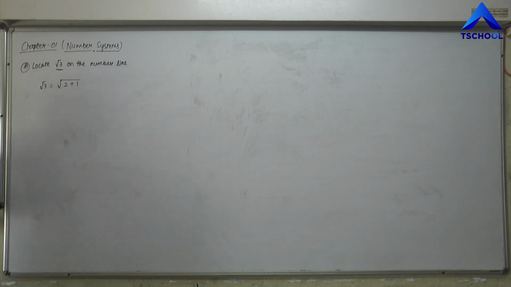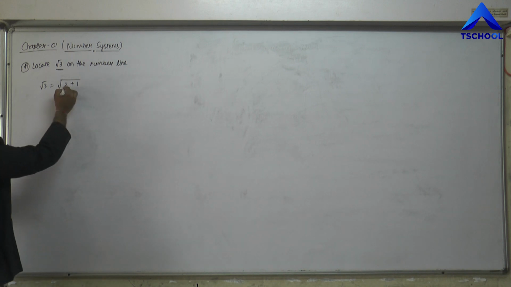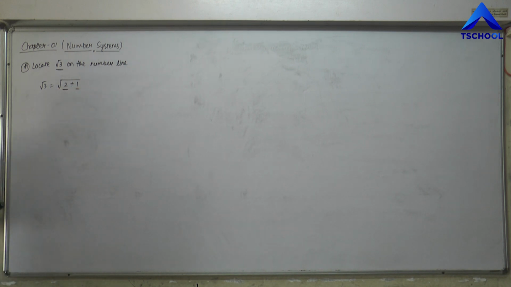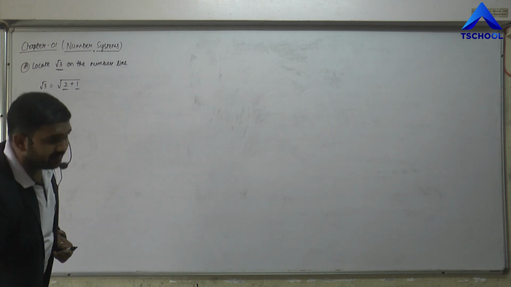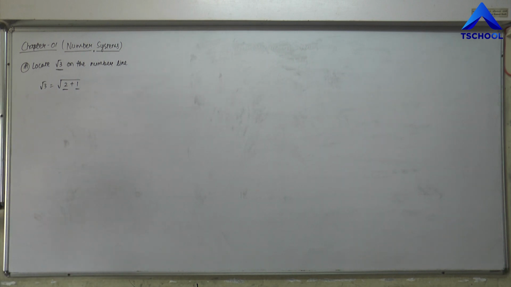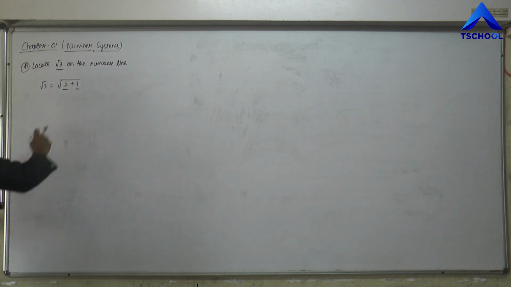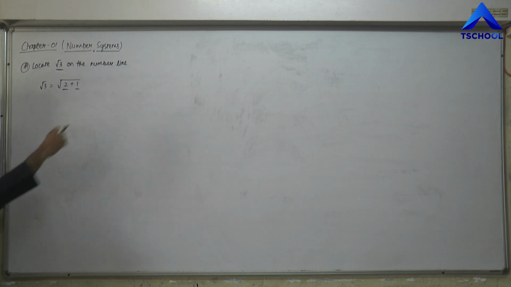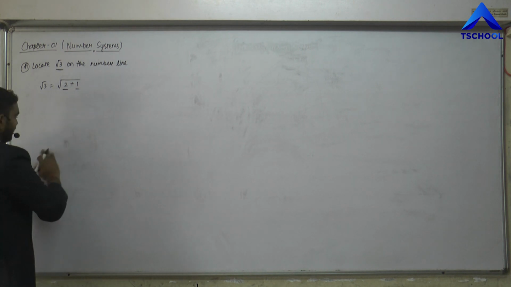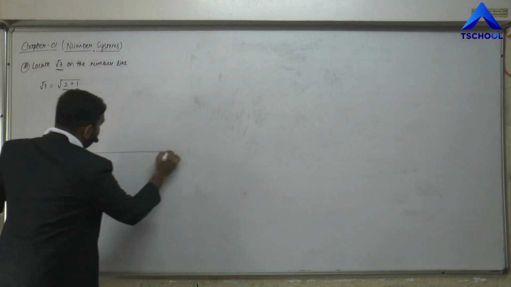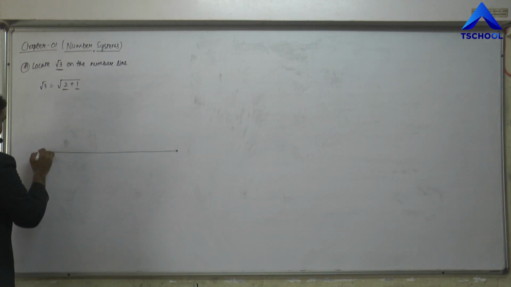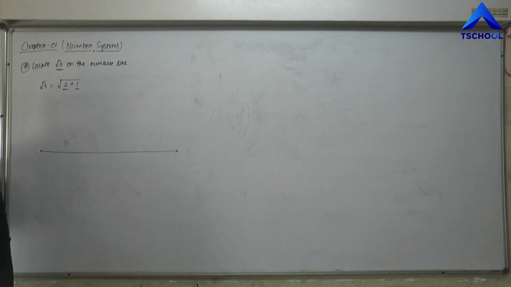Right? So before locating root 3, first of all we need to locate root 2, because this gives me a number 2 and 1. So this 2 must be located over there, because we cannot directly take it as 2. Why? Because here this 2 is in the square root. So it is not possible for us to directly locate 2 on the number line and then draw it, right? So first of all, what we shall do here is locate root 2.